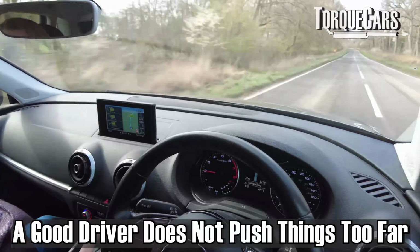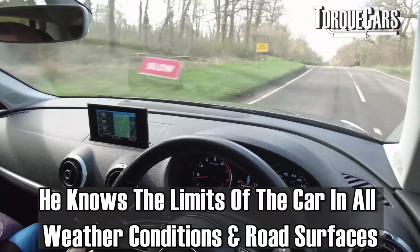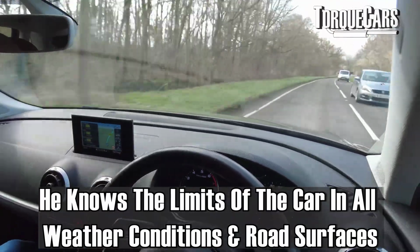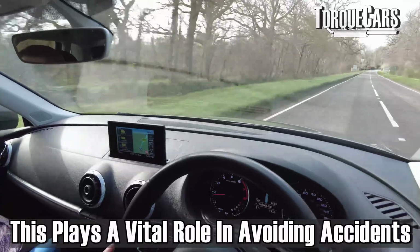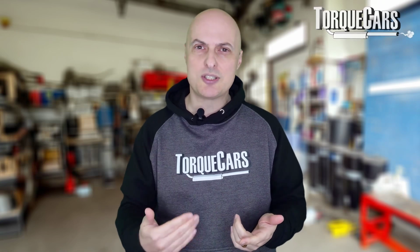But just remember, a good driver doesn't push things too far. He knows where the car's limits are in all weather conditions and road surfaces, and always drives to a safe margin below that. So a couple of runs that I've just done here,